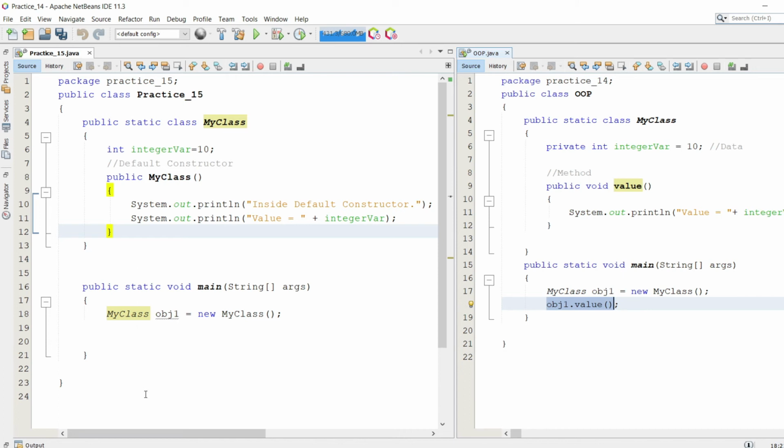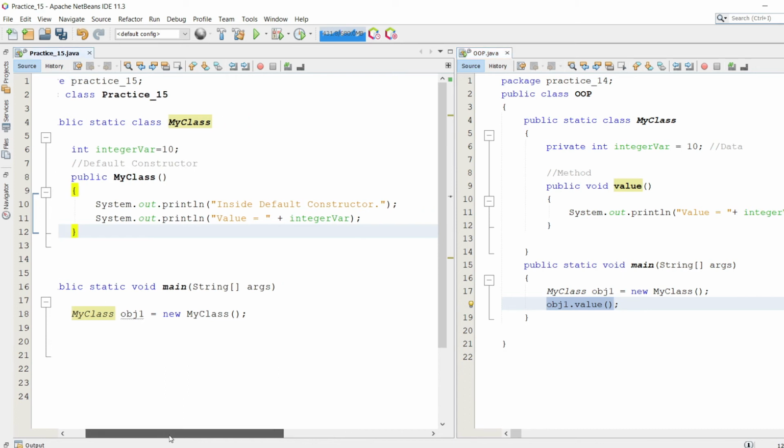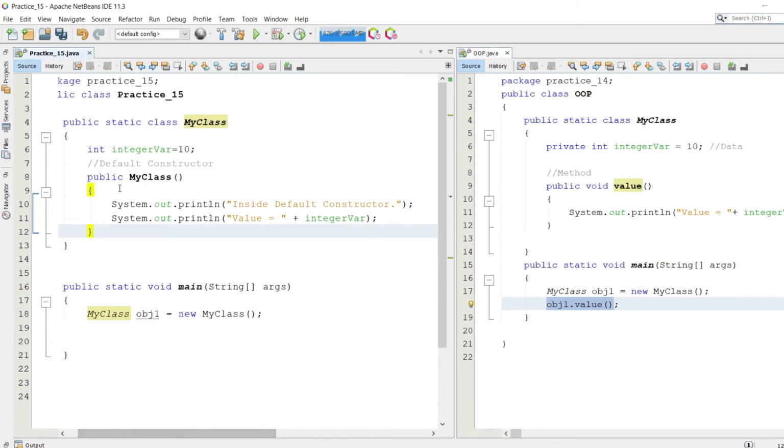But in the case of the constructor, you can see that we don't have to use the object to call the constructor; whenever we create the object here, it automatically calls the default constructor. So I hope you have understood the difference between the method and this special method called the constructor.